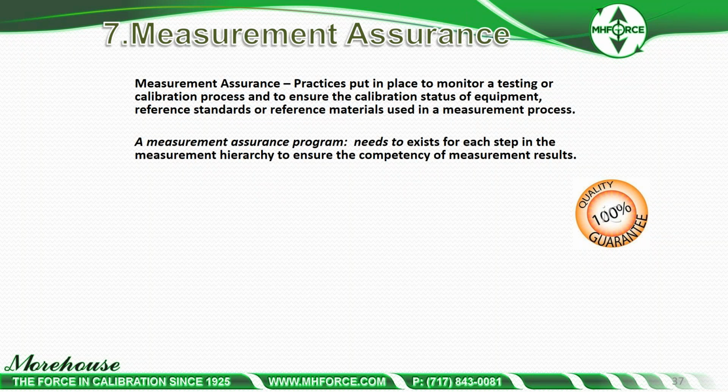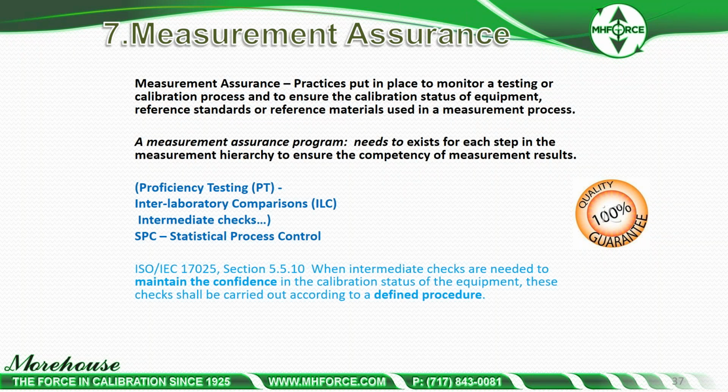A good thing you can do is SPC. Hold everything together by having good artifacts to constantly check your equipment, at whatever interval it needs to be tested, to ensure that it's not drifting out. Other things you can do are proficiency testing, interlaboratory comparisons, ILCs, and intermediate checks. You could send 2 load cells to us and use one as the standard to check against to meet the proficiency test requirements. You could also use a load cell to do your statistical process control. Put it up in a machine, check it every month,